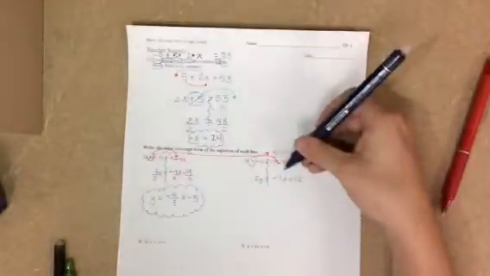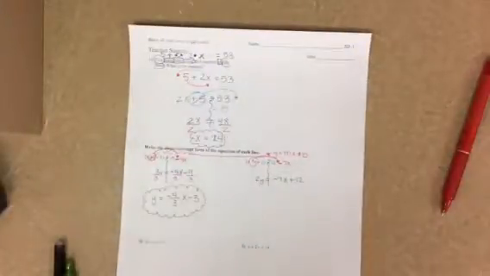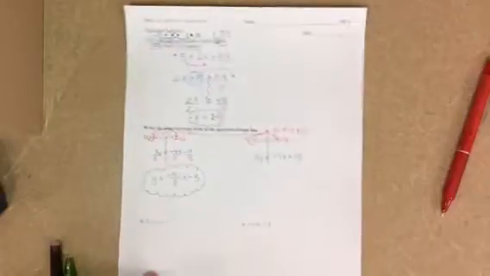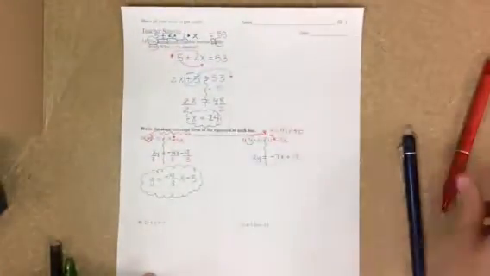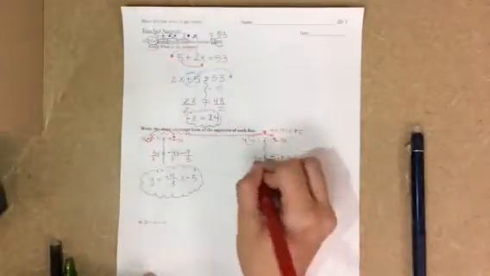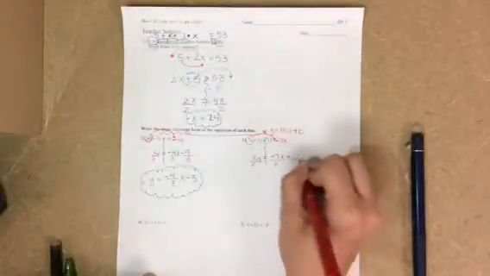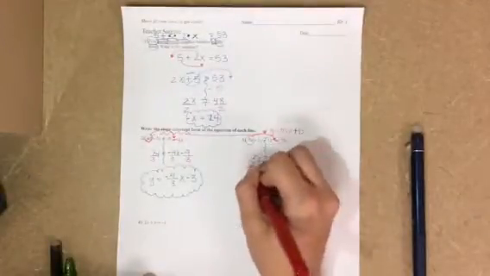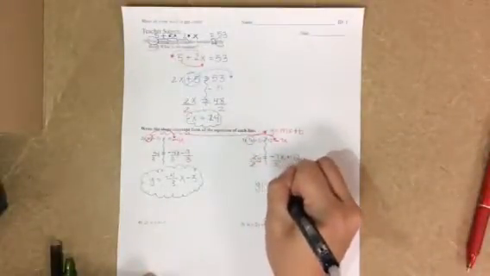I always like to put the x first because on your tests, in quizzes, and on the STAR test, you will more than likely always see the x before the y-intercept, the slope before the y-intercept. So get in the habit of putting it before the constant. And I don't have the y by itself yet. I have to get rid of that 2. So we're going to divide by 2, divide by 2, divide by 2. And I end up with y equals negative 7 over